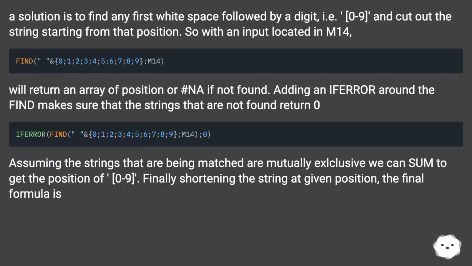A solution is to find the first whitespace followed by a digit, i.e. 0 to 9, and cut out the string starting from that position. So with an input located in M14, we'll return an array of positions, or #N/A if not found. Adding an IFERROR around the FIND makes sure that the strings that are not found return 0. Assuming the strings being matched are mutually exclusive, we can sum to get the position of 0 to 9. Finally, shortening the string at the given position, the final formula is